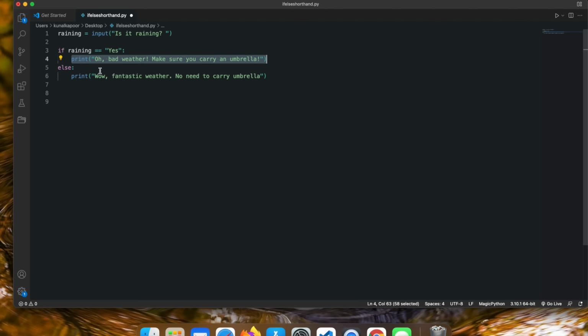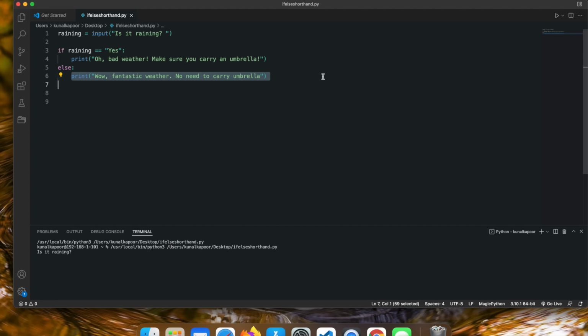If it is not equal to yes, or any other thing that user inputs, then this particular condition, which is an else, will be printed. So now if I run this, it says is it raining, and if I say yes,